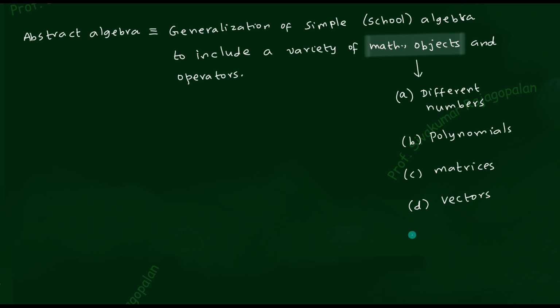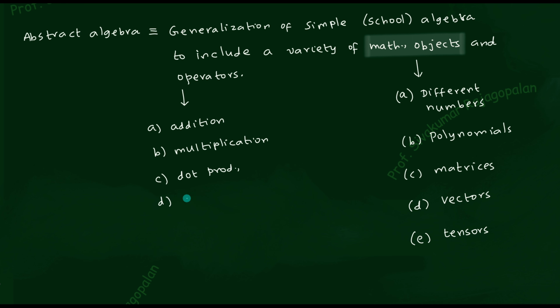Okay, so let me write down additionally that tensors could be mathematical objects. These are not the only mathematical objects. These are examples. Starting with this, you can now include whatever mathematical object comes into the picture. Now coming to the operator side, as usual you start with addition and whatever you know. The standard mathematical operators that are already known to you, plus any other thing that you are going to add. These are the usual and well-known mathematical operators. All these things you can do, and in addition you can add new things such as the tensor